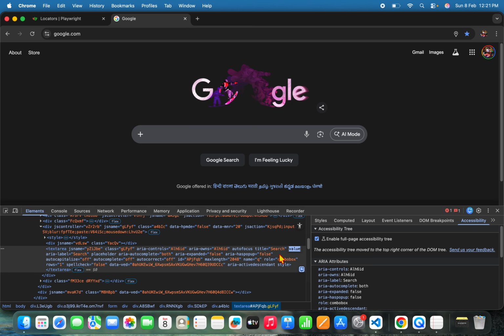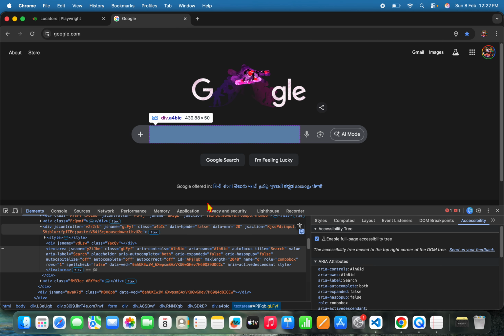So there are a few important ones which we generally use in other automation tools, like say ID, class, and then what else? Yeah, value sometimes we use, and sometimes we use title. So all those things we use in other automation tools like Selenium. Those can be used in Playwright also, but Playwright has come up with a wonderful option with an inbuilt locators mechanism, right? Locator strategy. So let us start learning them, and let's use them to identify the locators on the page. So if I want to identify this,